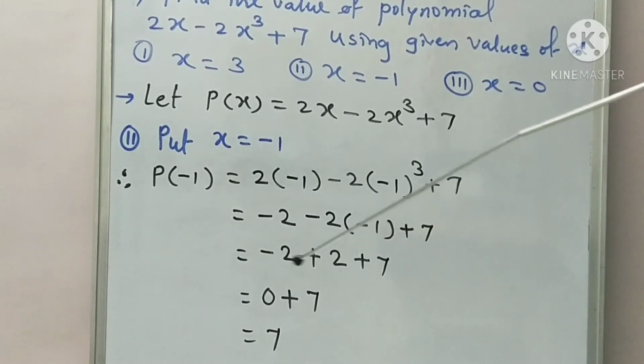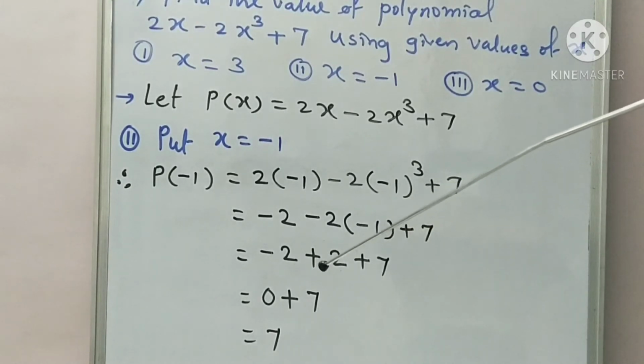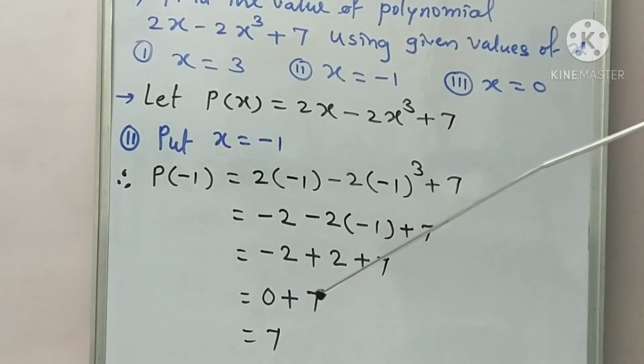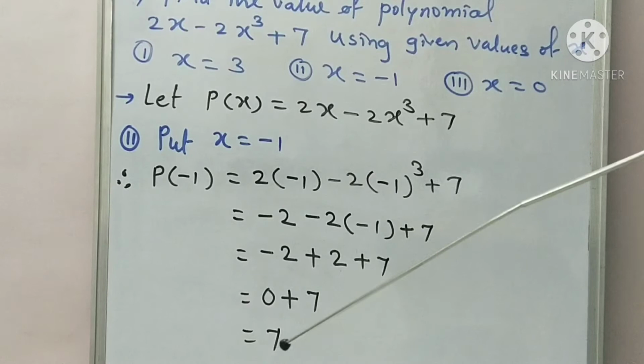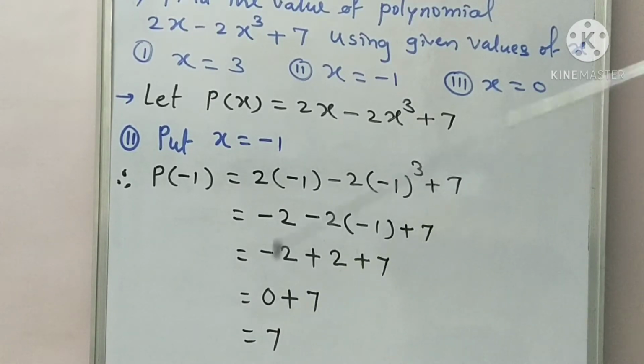So here we have equal terms with opposite sign. So minus 2 plus 2 is 0, plus 7 as it is. So 0 plus 7, the answer is 7, which means the value of the given polynomial is 7 for x equal to minus 1. Okay, and similarly solve for x equal to 0, means find the value of the polynomial taking x equal to 0, as your homework. Okay students, for 3 marks the example can be asked in the exam if 3 values are given, or it may be for 2 marks if only one value is given.